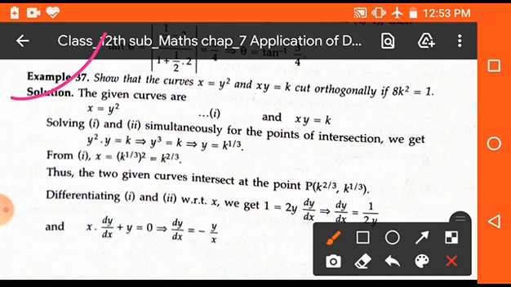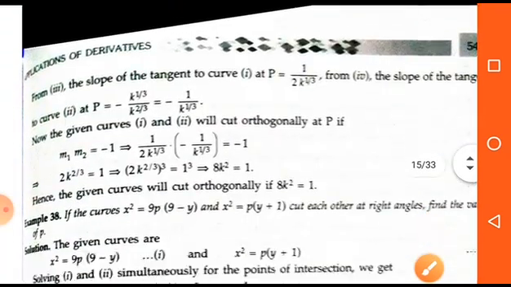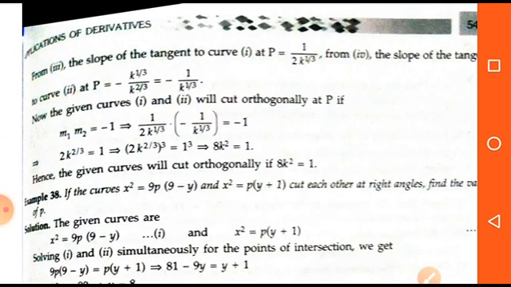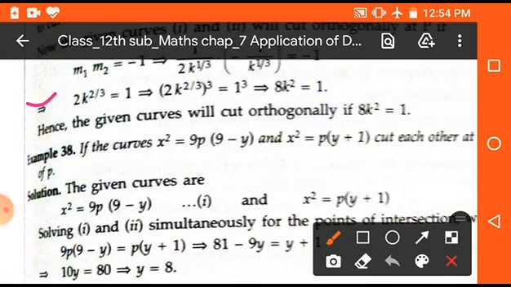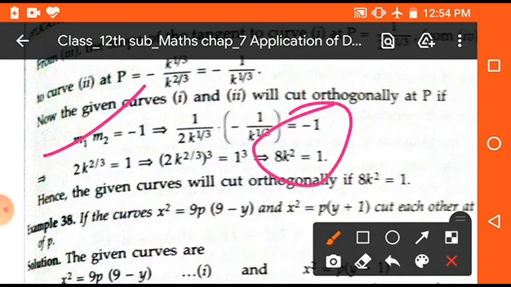So first of all, we will have to solve these two equations and get the required condition. y is equal to k to the power 1 by 3 and x is equal to k to the power 2 by 3. So the point is (k to the power 2 by 3, k to the power 1 by 3). Now differentiating the given curve, we get dy over dx equals minus y upon x. Clear? Put this value of x and y and you will get the condition. If two curves are perpendicular, then the product of their slopes will be equal to minus 1. So put this value in the given condition and we get k square is equal to 1. Clear?